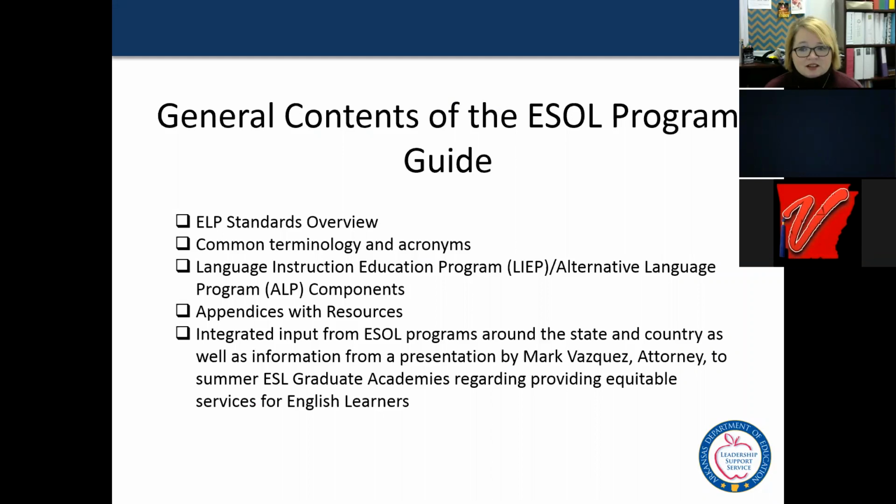Generally speaking, the contents of the ESOL program guidance include an overview of the ELP standards, the English Language Proficiency Standards. There will be training coming this summer and in the fall about the standards, and that will be discussed more then. There's a list of common terminology and acronyms that are used in the program guide. I'm sure there are many more acronyms that we use in our field that we don't really discuss in the guide, but this at least tries to help explain the terms you may encounter in the guide and what they